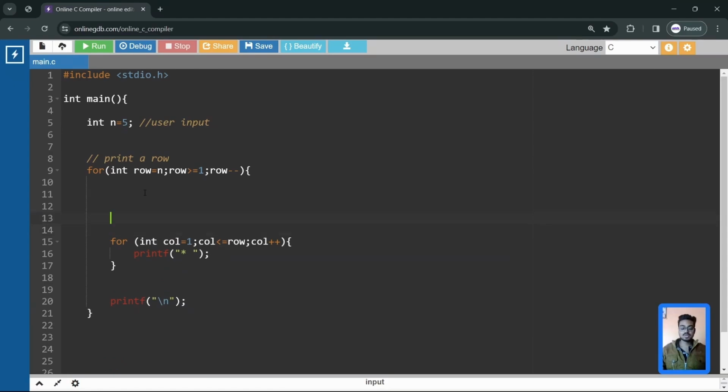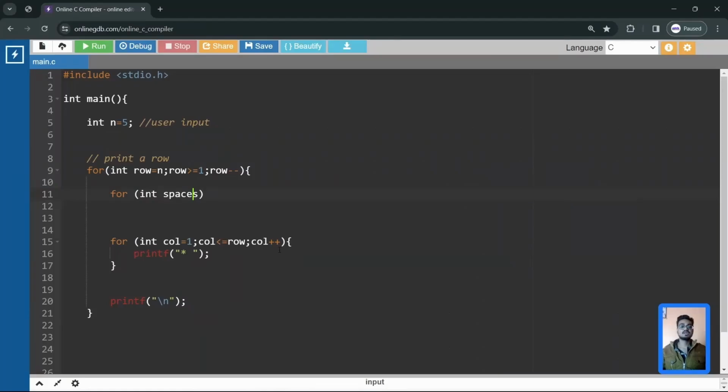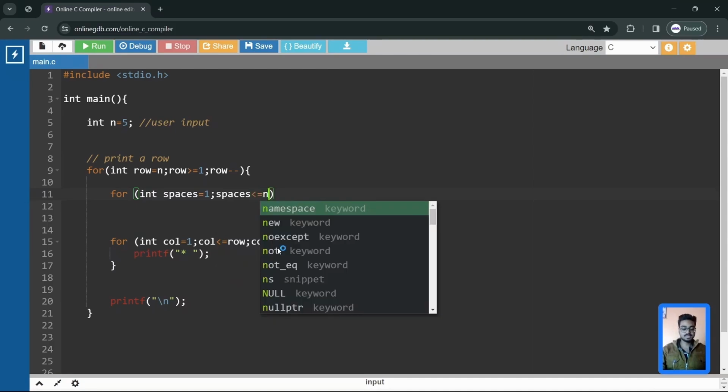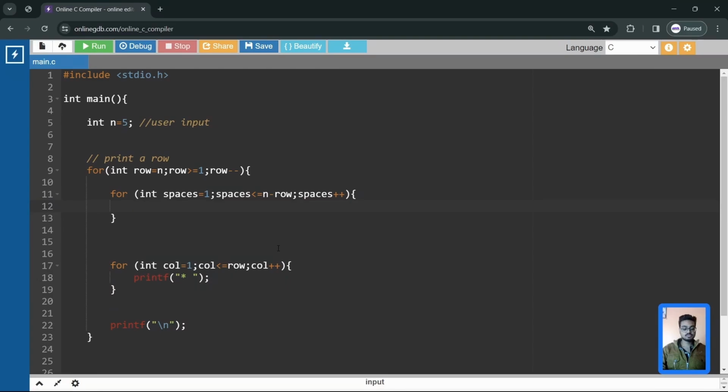So before we print the column, we will print the spaces. And for that, we will run another inner loop. We cannot do that in the same loop, because here we print as many columns as the row number. Similarly, here we will print as many spaces as n minus row number. So 5 minus 1, where 1 is the row number and 5 is n, gives 4. And this is the number of spaces. So for that, spaces equal to 1, spaces less than or equal to n minus row, and spaces plus plus. So here we will print the space. We'll have only 1 space. And then if I run this program,